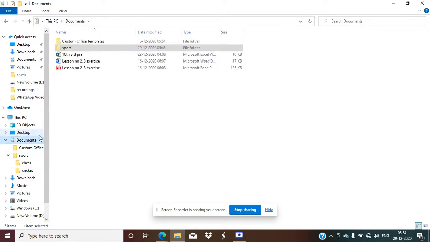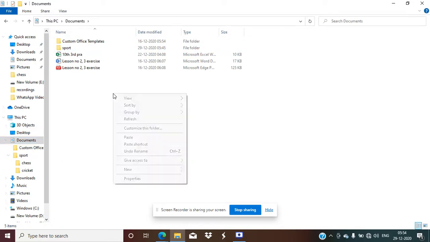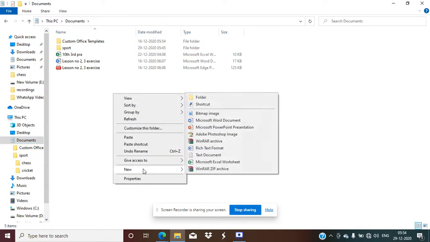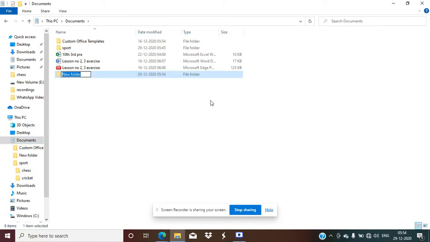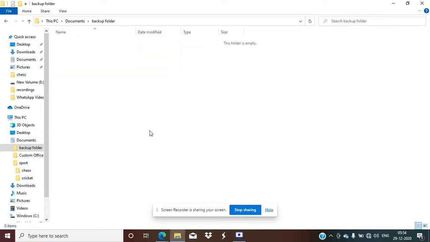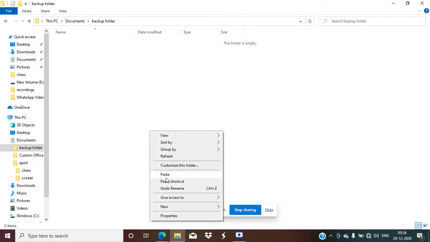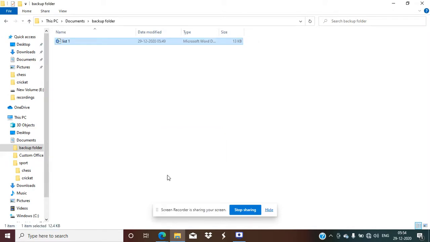I will go to the document folder. Here I will make a different folder named backup, in which I will right click again and paste the file that is already copied.